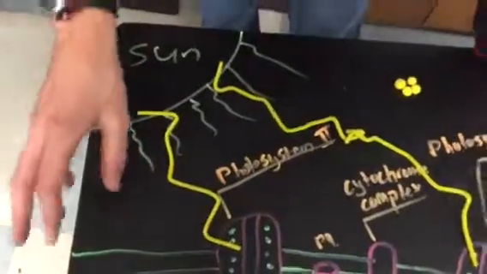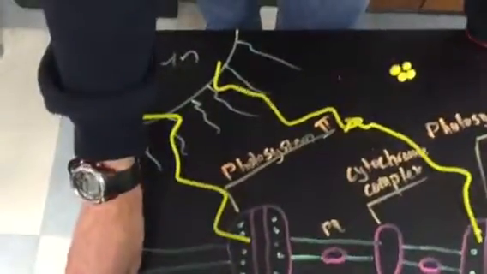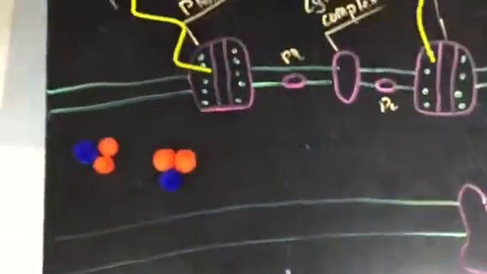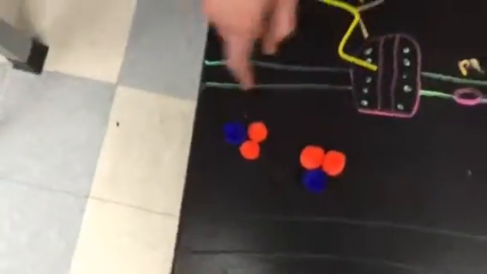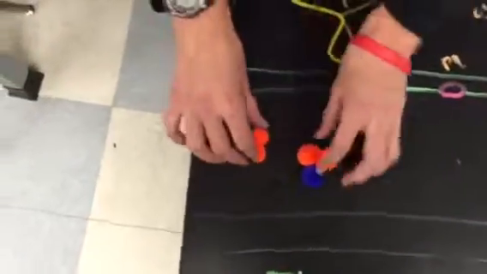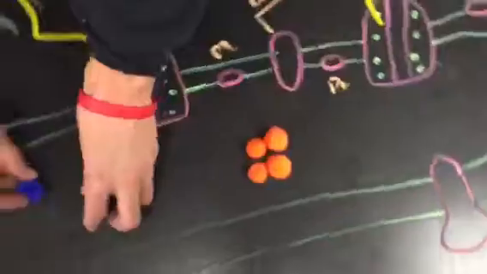So this is a model of how photosynthesis works. It starts with the sun, and the rays go all the way down into the chloroplast, and then more specifically into the thylakoid. In the thylakoid, which is spelled wrong, there are water molecules which split up into 4 hydrogen ions